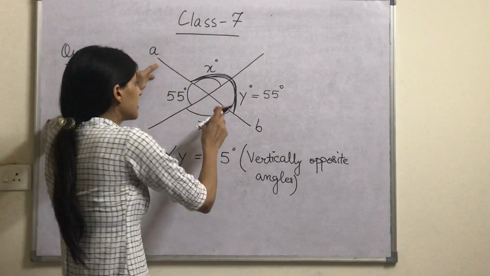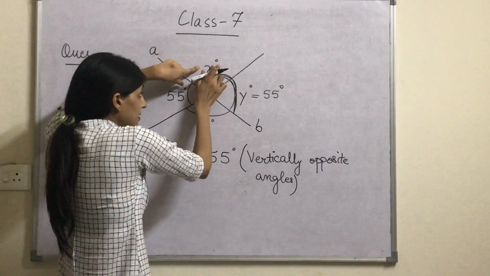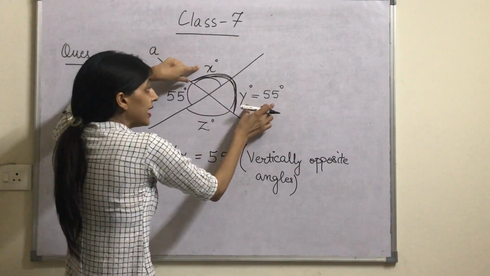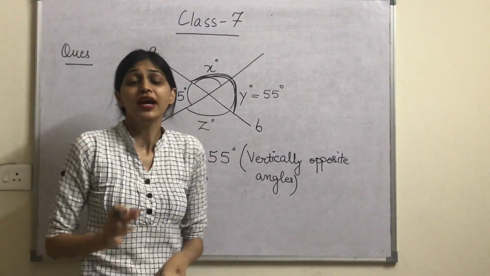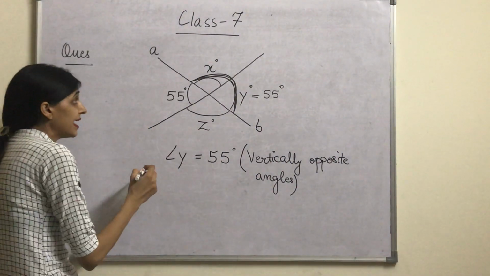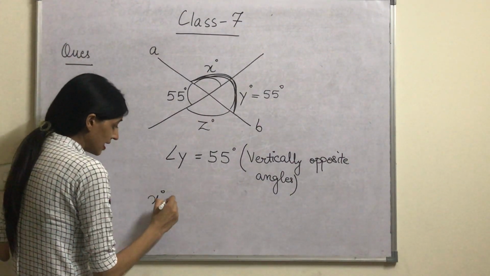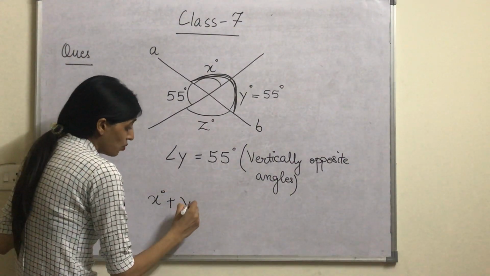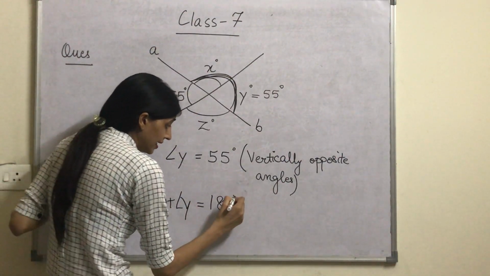But this complete angle is divided into two parts, x and y. We know the value of y, but we don't know the value of x. So can I write it as on the line AB, x degree plus angle y is equal to 180 degree